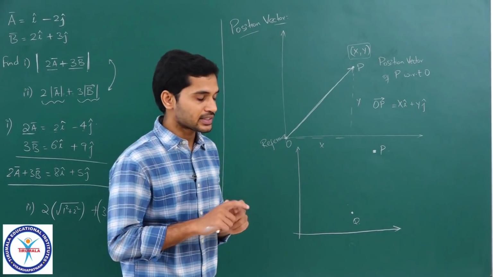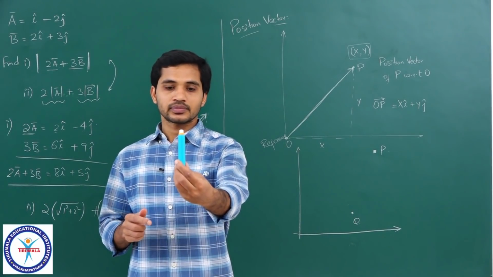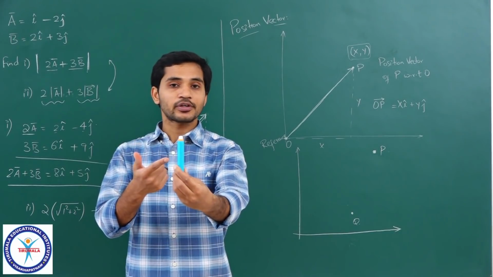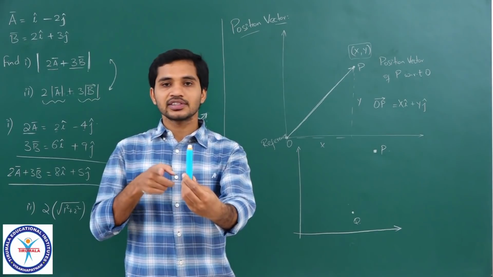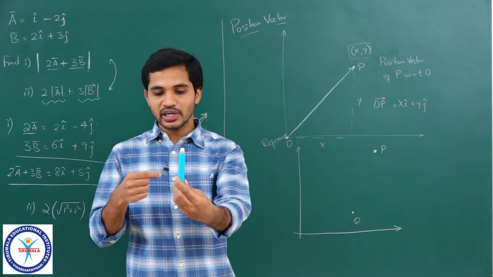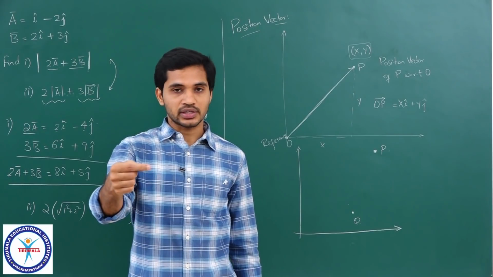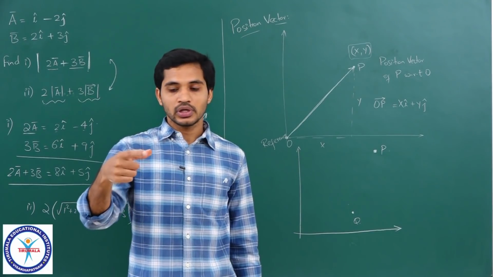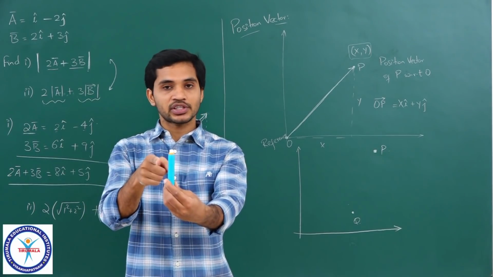See, for example, let us say I have this chalk, right. So, if I place my chalk like this, I can say that the position vector of chalk with respect to me is this much length in this direction, and that can be understood by drawing a vector like this, right. So, if I give you the information about this vector, it means that you know at what distance that chalk is present from me and in which direction the chalk is.